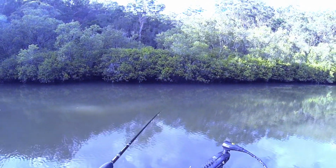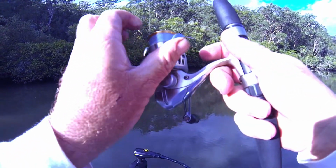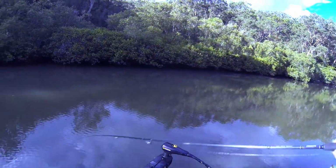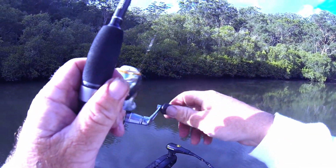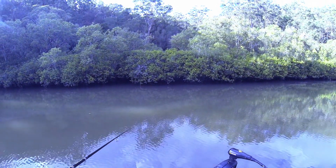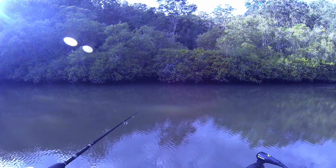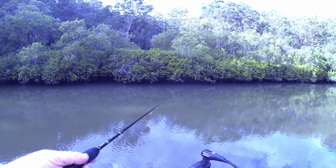Okay, we've got 3 meters of water here, and that drop off is just up ahead of us, so that's why we need to take a bit of time here and just keep that bait down at the bottom. Make sure there's some tailor nibbling. The tailor will want to go back into the back to feed, and we're getting bites. We're getting bites all the time,